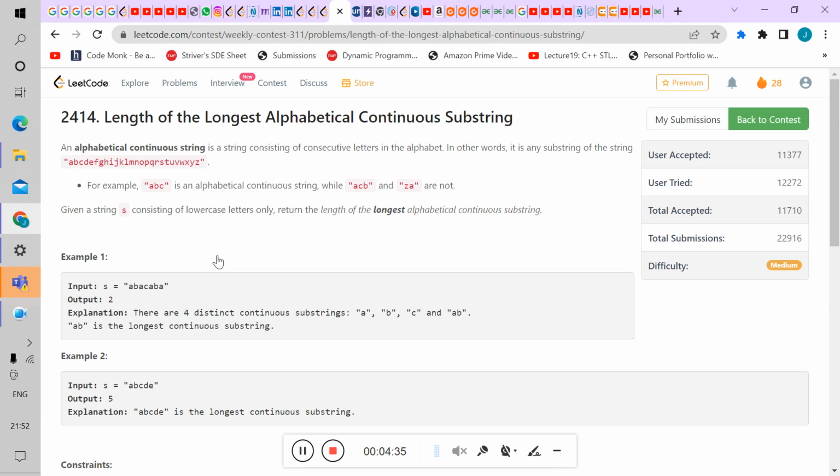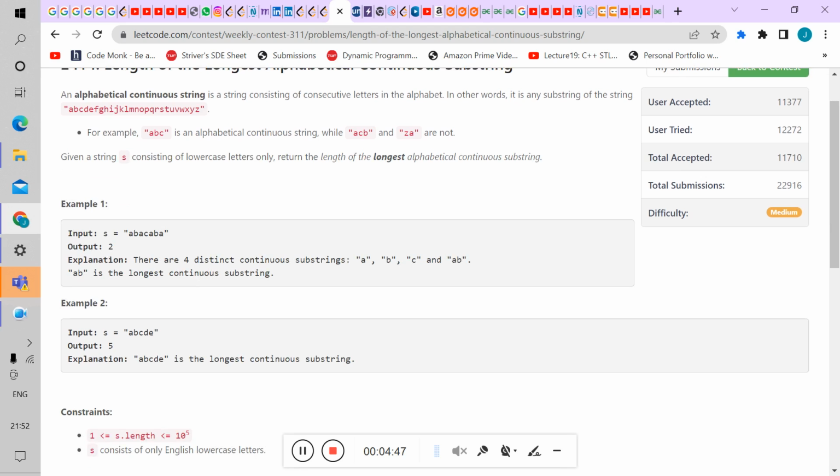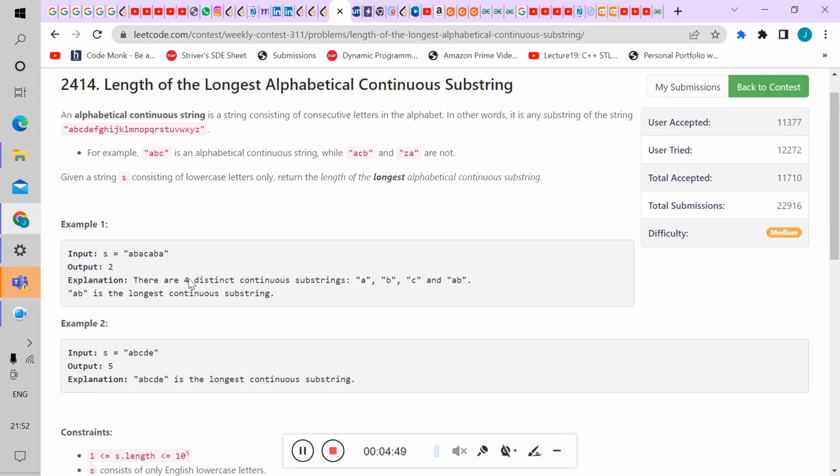An alphabetically continuous string is a string consisting of consecutive letters in the alphabet. In other words, it is any substring of the alphabet string. For example, so let's leave the problem statement. I am trying to explain what it is trying to